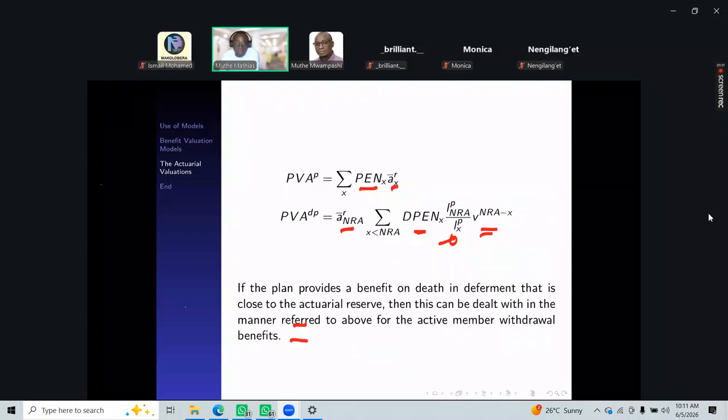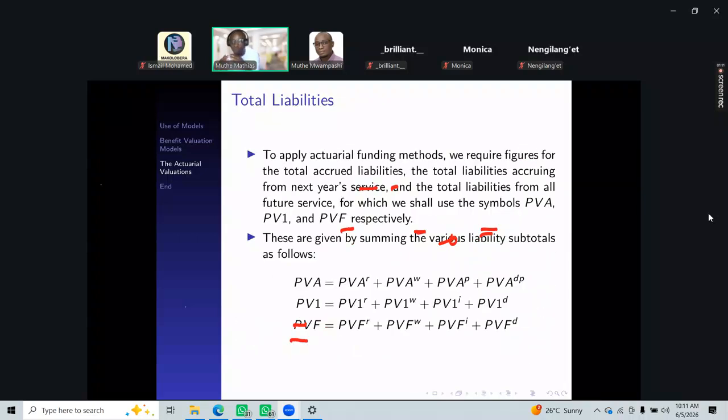Okay. So now we have seen the benefits. We have seen benefits for the case of retirement, which can be early retirement, for withdrawal, for death, and also for illness, right? So we have 4 types of benefits. So I'm going to combine these, because remember, we estimated the present value of benefit from accrued service. Also, we have the